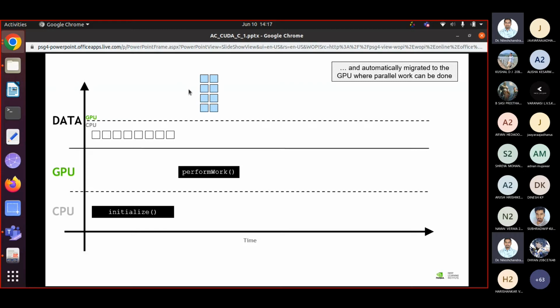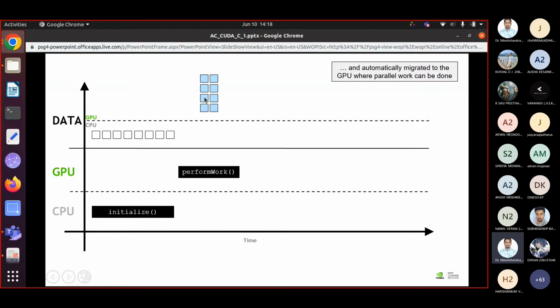So obviously the data must reside in the GPU memory. A simple logic: whichever processor you use to perform the computation, the data must reside in that processor's main memory, right? You performed the initialize operation initially, so data was on the CPU side. Now you are performing some operation on that data on the GPU side, so the data is transferred from CPU to GPU.